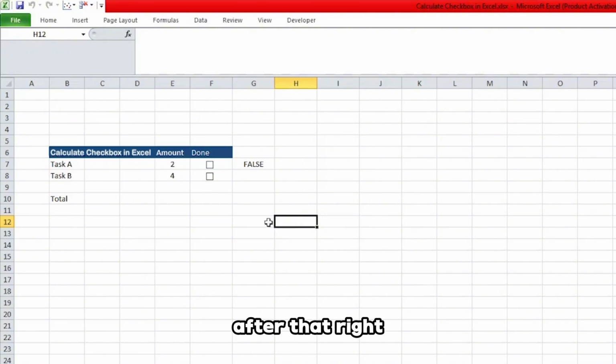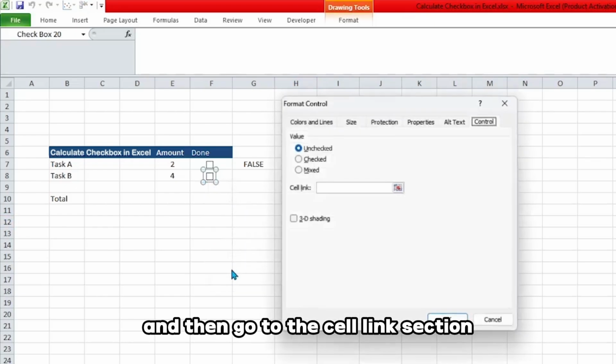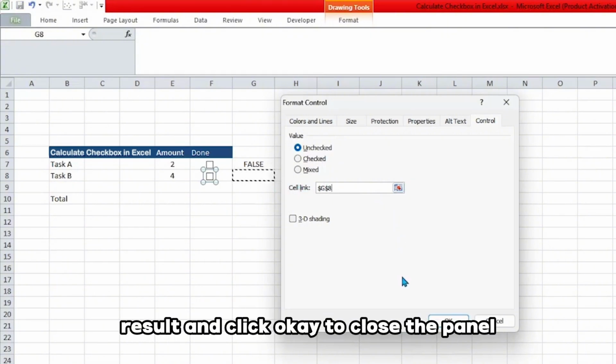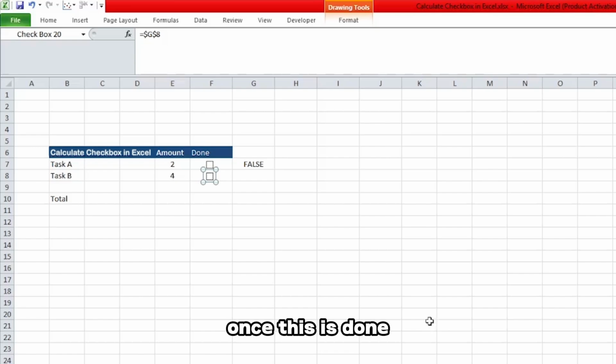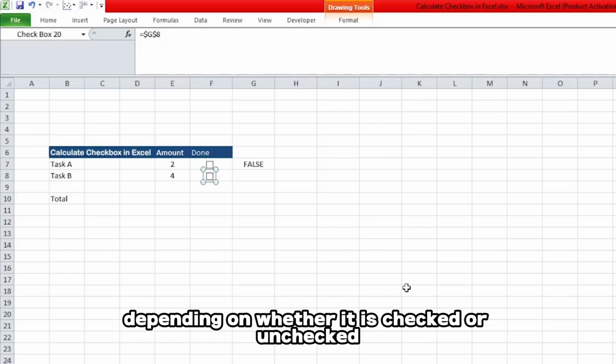After that, right-click on the checkbox that you want to connect with a cell. From the menu that appears, go to Format Control and then go to the Cell Link section. Press on the cell you want to use for the checkbox result and click OK to close the panel. Once this is done, the checkbox will display a true or false value depending on whether it is checked or